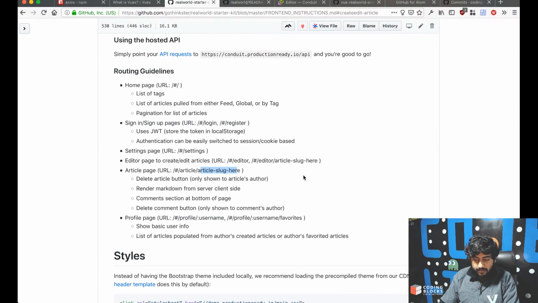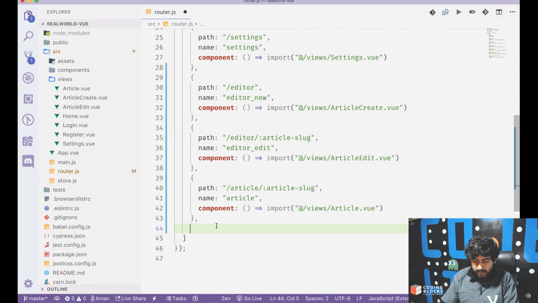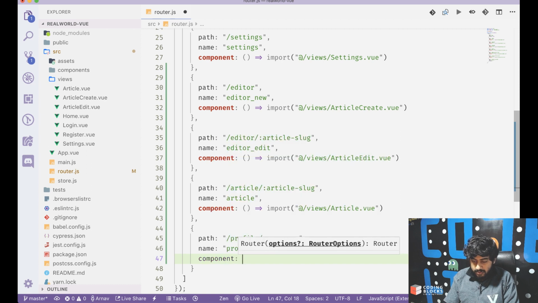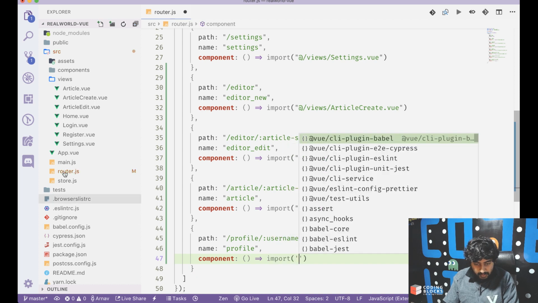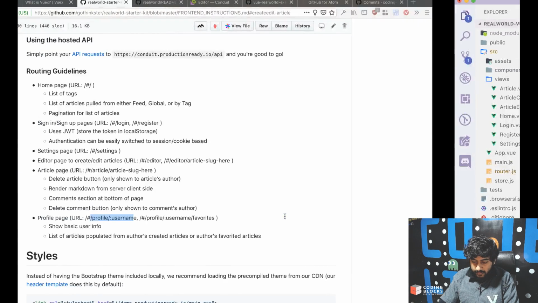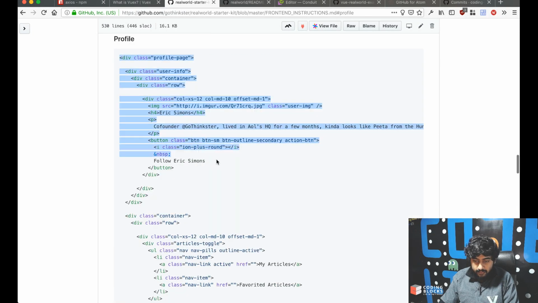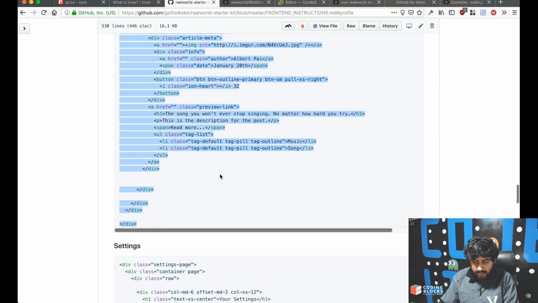We need the profile pages, profile slash username slash favorites. So profile slash username would be this part, profile username. I think you'll call this the profile part. Component, we're going to use the profile component here. So I think we don't have the profile component here. This is my profile component. Let's just get this in